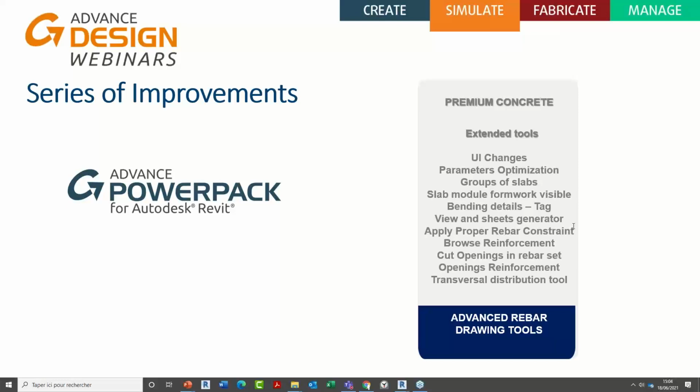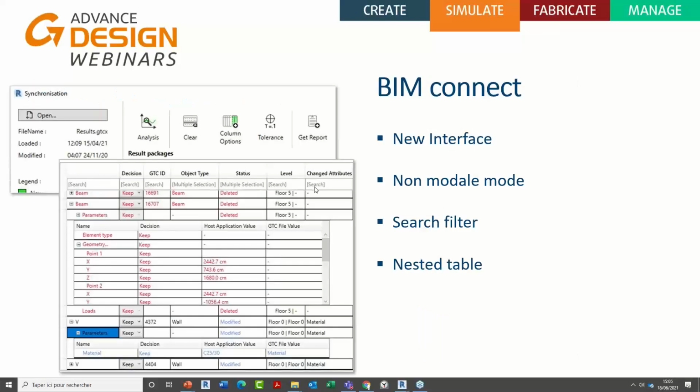Except probably one, because I'm talking only about the Revit side, as we also have a more global package which includes both Power Packs running on both Autodesk platforms, I mean Revit and Advanced Steel. A quick overview of our novelties, but I will be very fast because I'd like to keep this webinar quite short and go directly into the application.